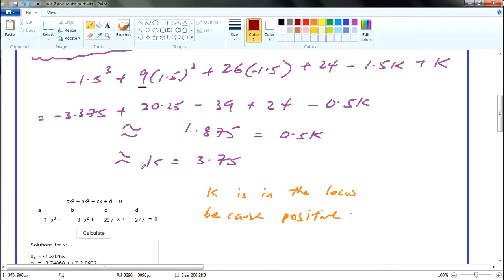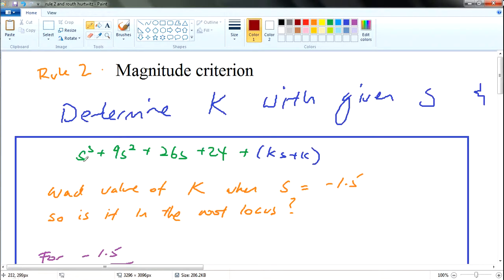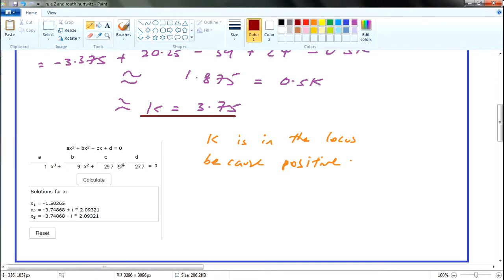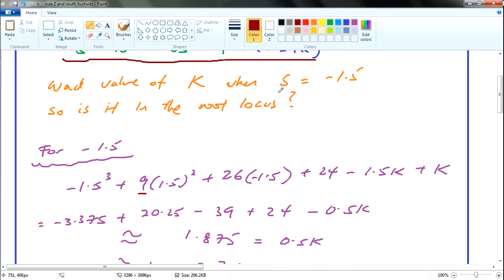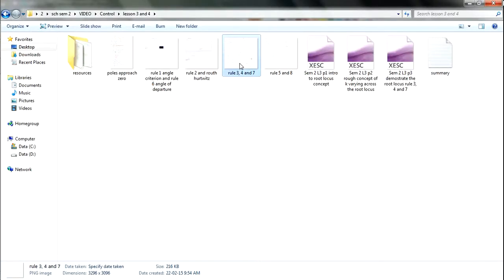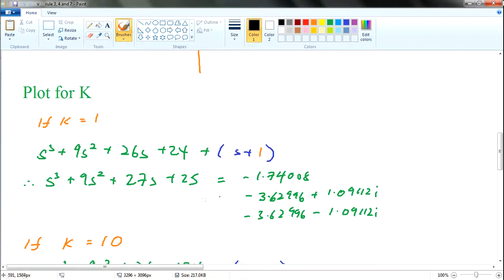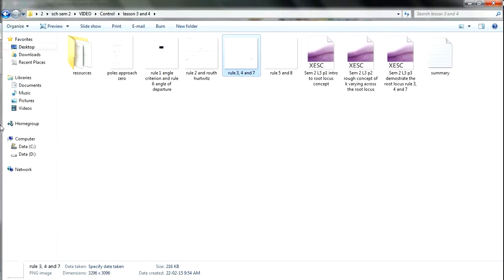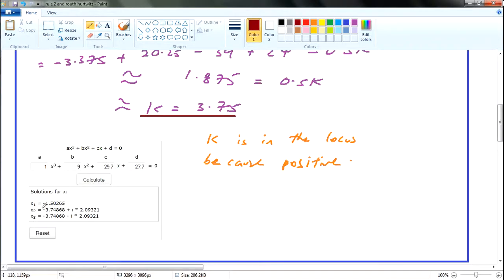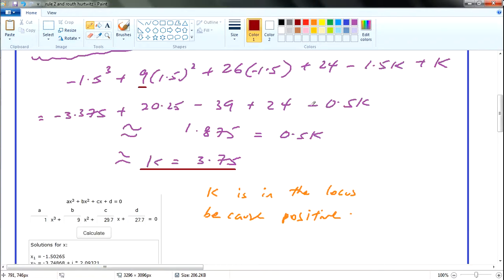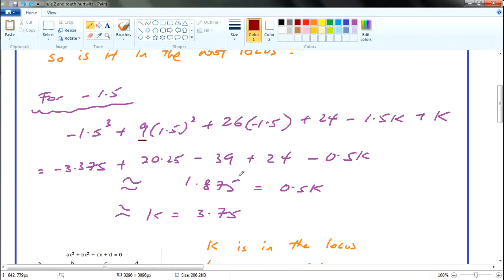What exactly the purpose here is, is to sub in my value of k to see whether, when I sub in my value of k, I will get back s equals minus 1.5. So this is the method of checking. When I sub in k equals 3.75 into this equation, 26 plus 3.75 should be 29.75. If I do out the quadratic equation to solve for the s value, which is the same method I used earlier, when I sub in a certain k, I can get a certain value of s. As you can see, there are a few values of s, and you can see that one is minus 1.5. So this k value should be correct.